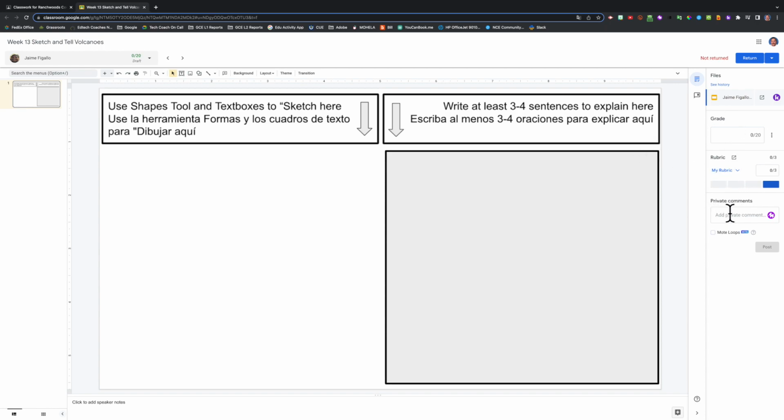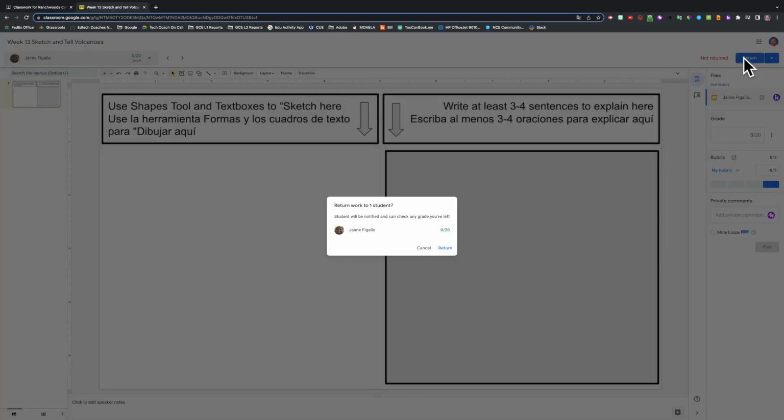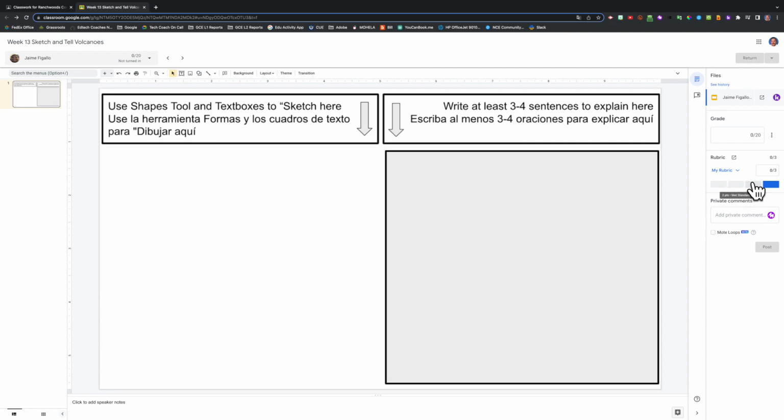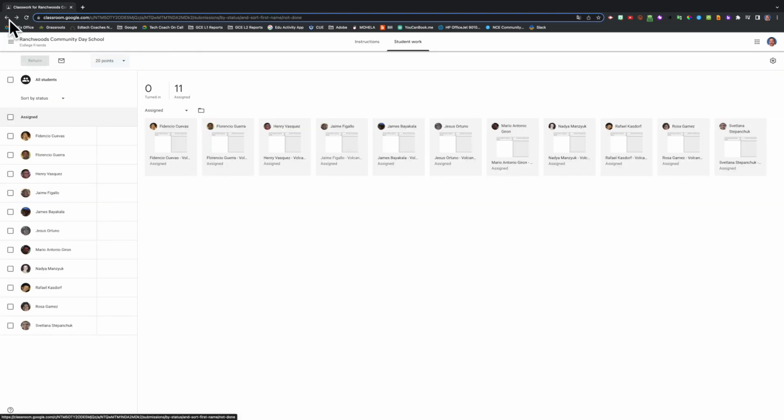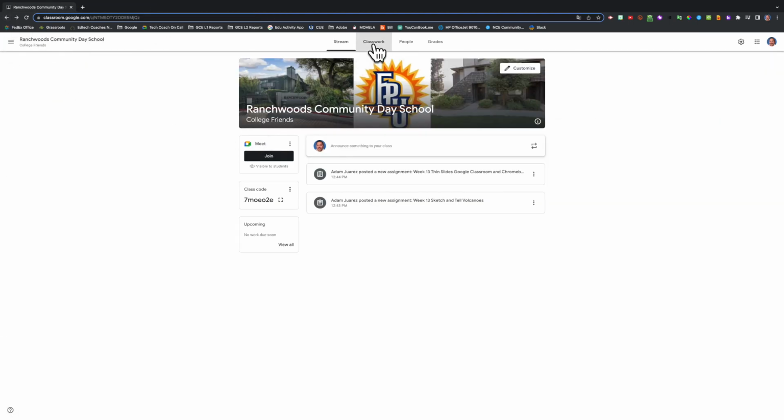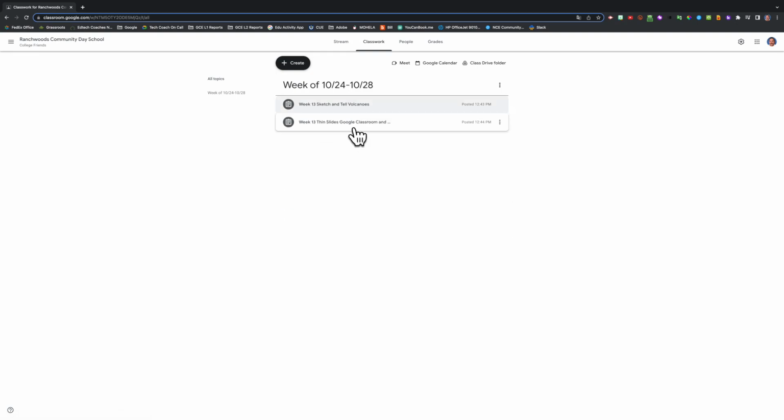I may leave them some feedback here in the comments. I'm going to click return, and what's going to happen is they're going to immediately get this feedback about how they did based on this rubric. We'll go ahead and close that down. Let's take a look now at another example here. Look at an unscored rubric,